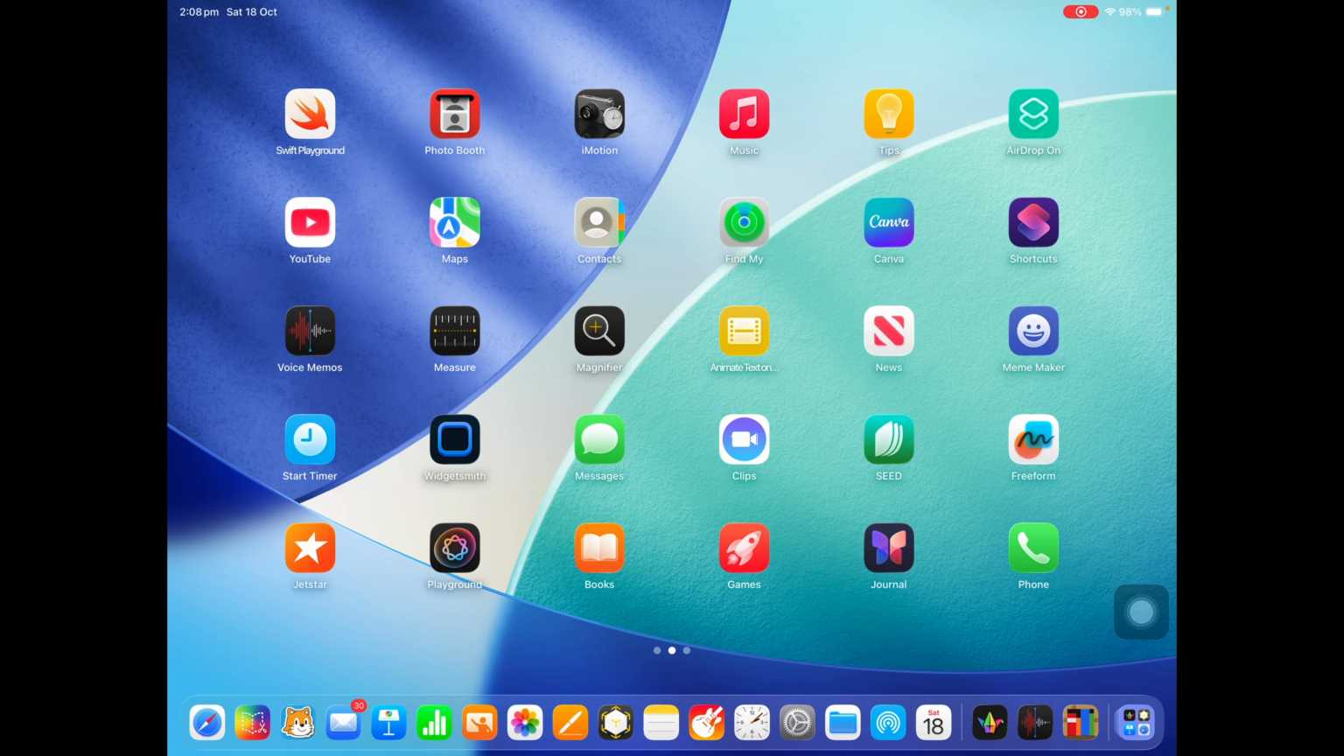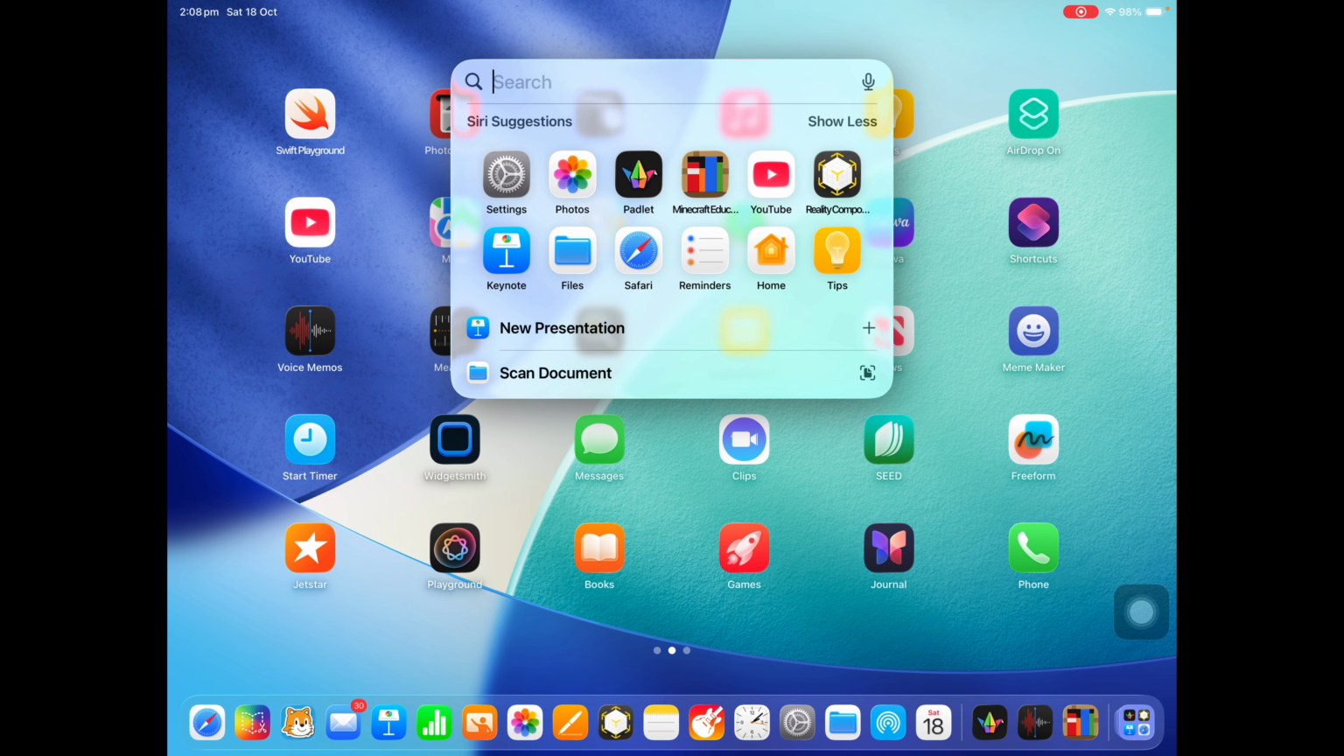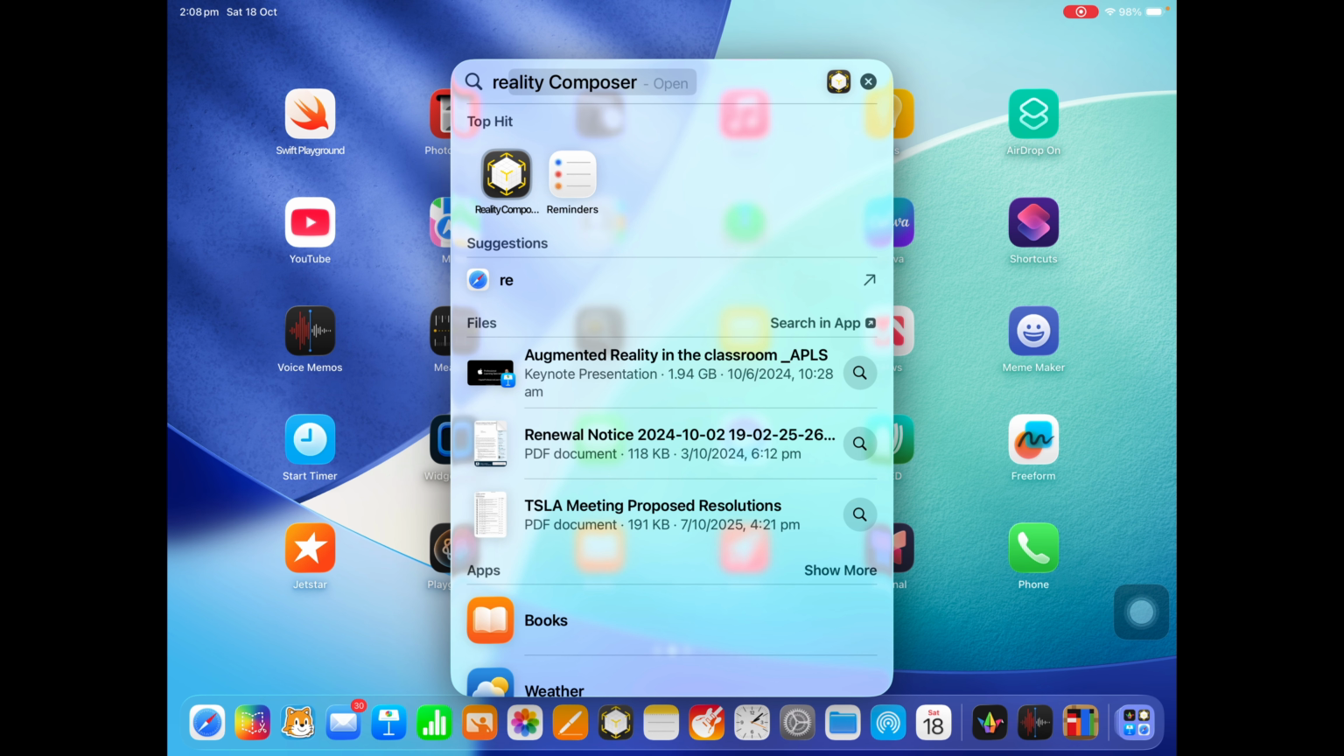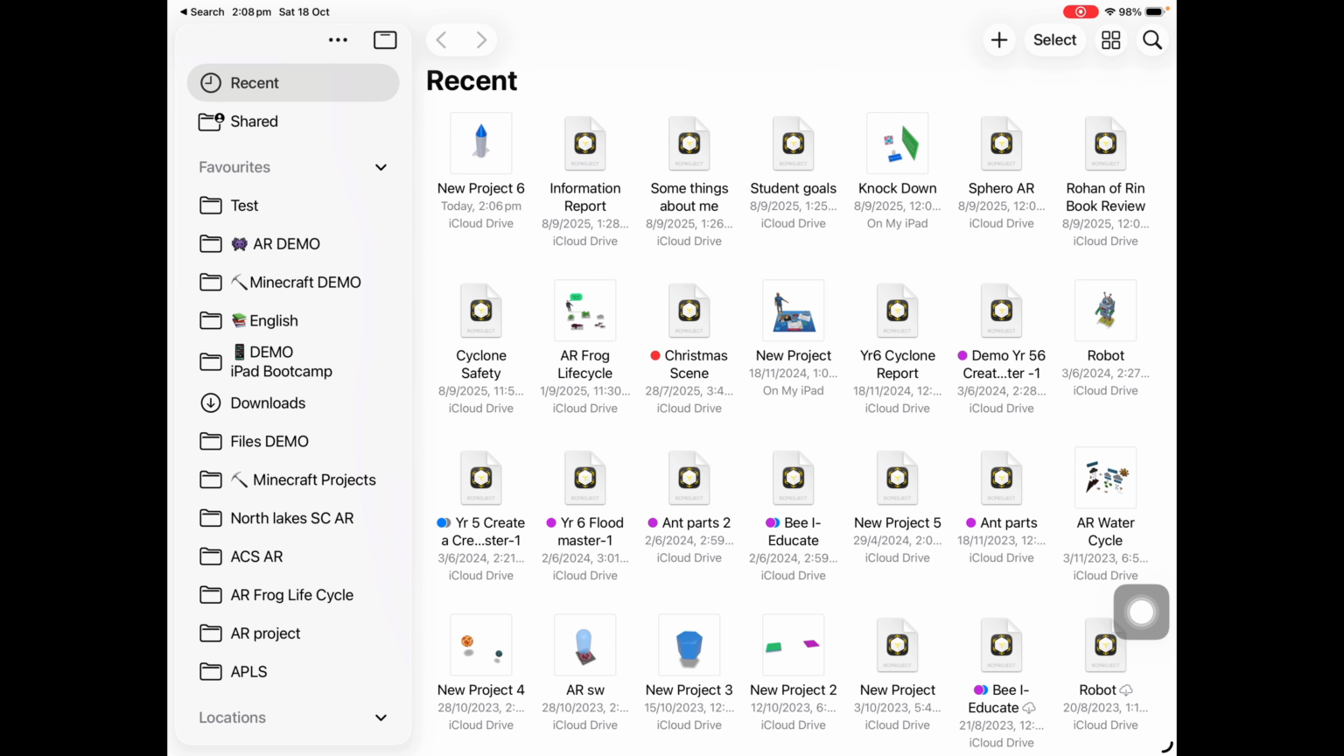Hey guys, today we're going to have a look at how to create a rocket ship using augmented reality in Reality Composer. So I'm going to do a Spotlight search and search for Reality Composer. There it comes up straight away just by putting in REA. We open it up. Now you're going to see the little plus sign up the top there, so I'm going